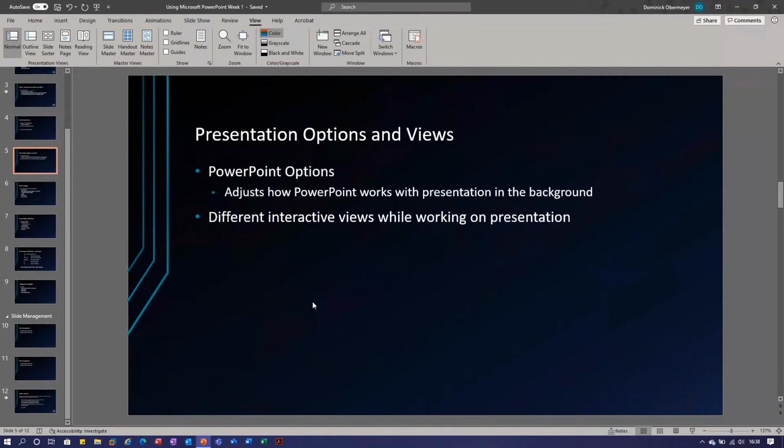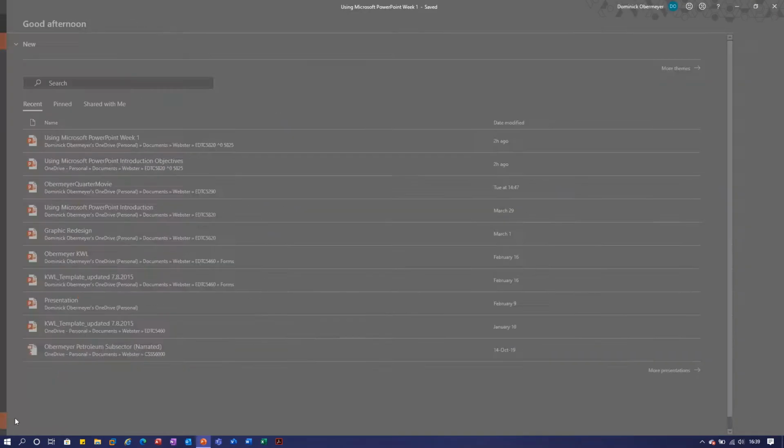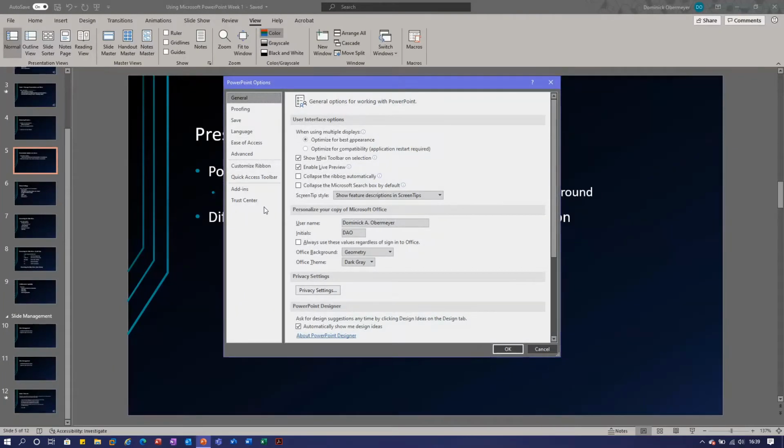Now, when it comes to the options and views with Microsoft PowerPoint, there's a few different things to pay attention to. The options in PowerPoint make adjustments to how the program works with the presentation behind the scenes in the background. In here, we're able to see this under File and Options. In here, there's a few different subsections, but the main ones to focus on here are the General, Proofing, Save, Advanced,